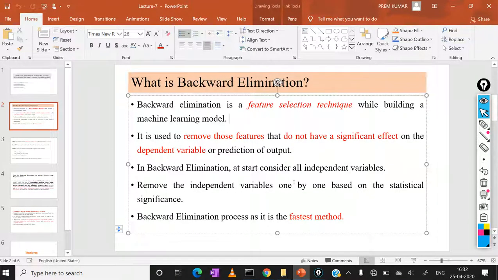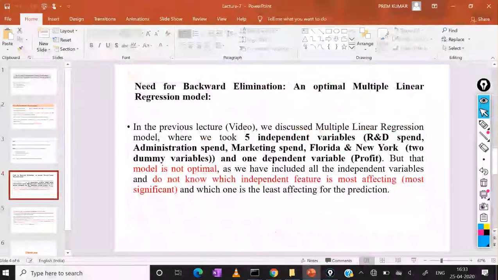While building the backward elimination model, we first consider all independent features. Among all the independent features, we check which feature gives the highest p value. We identify that feature, remove it, and make the model again. That is the concept behind the backward elimination method.